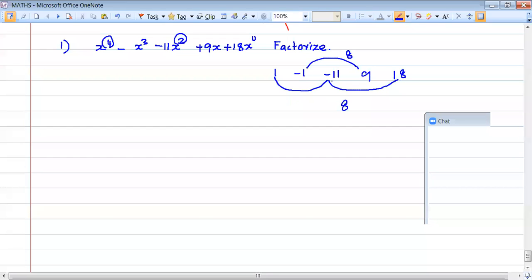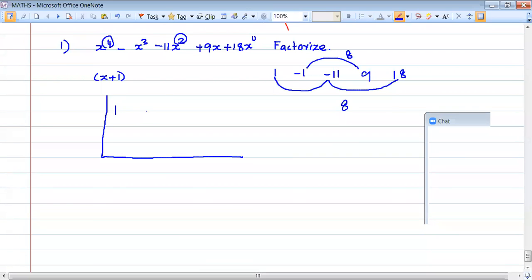Then which one is a factor for this question? Say correctly. So last week I told you how to identify x plus 1 is a factor and x minus 1 is a factor. As soon as you see this method, yes. So which one is a factor? X plus 1 is a factor. Very good. So once you add up all the coefficients and if you get the answer as 0, your x minus 1 is a factor. So here x plus 1 is a factor, then we will go ahead with which one?